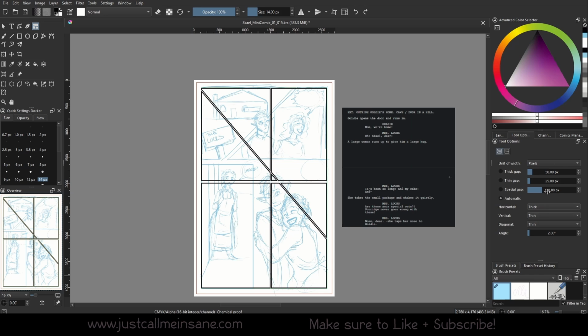The vertical thin will be at 25, which we saw right here. And the diagonal is also thin, so it matches the vertical. However, if I put that to special, it's now at that nice giant margin or gap size, the 150 pixels. So that's pretty nice. So if you wanted to make it automatic where these settings will always be there, so whenever you're doing your horizontal